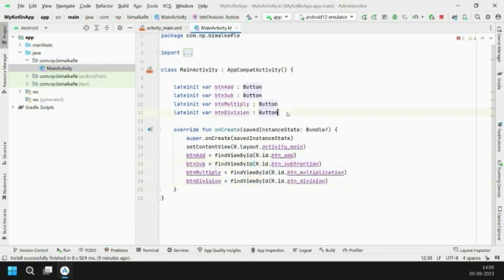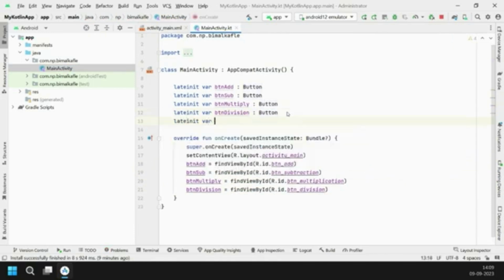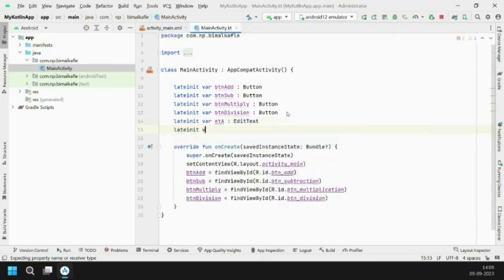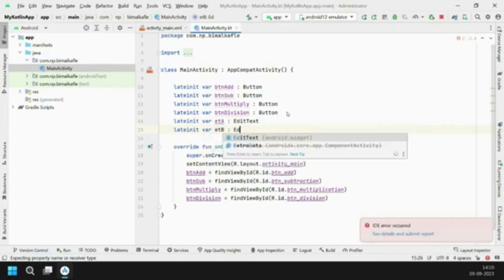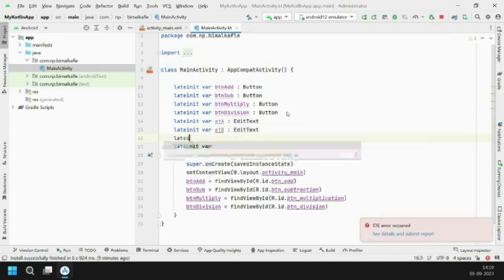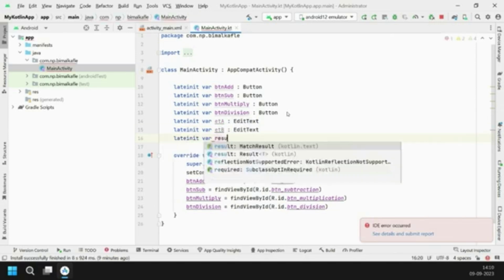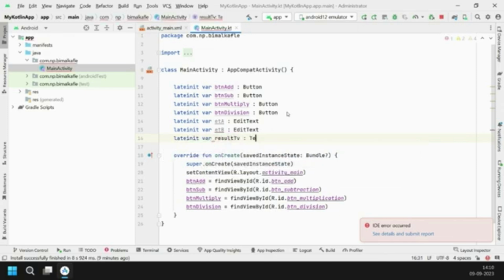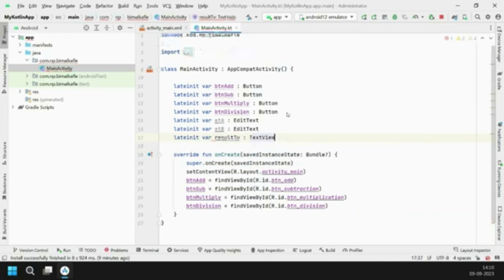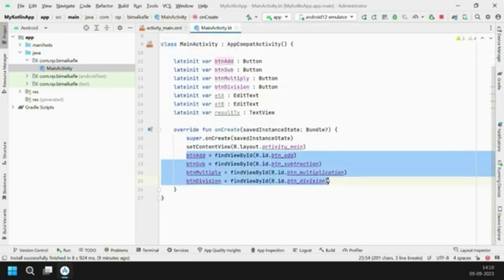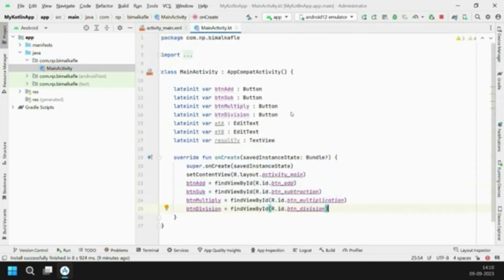So here my initialization of all the four buttons is done, and then I am creating a variable for my text also. So ETA is my edit text box. Similarly, I have another text box with ETP. That's my another edit text box because I am taking two edit text boxes for the input. And then I have a result as a text view, which I have given the name result view. Now I need to initialize those as well so that I can use them.